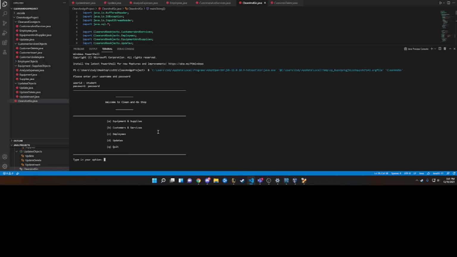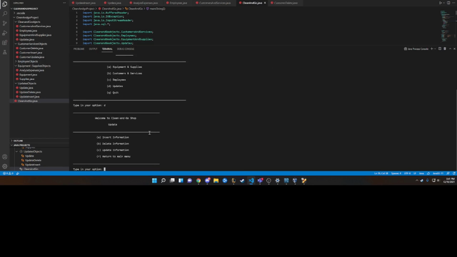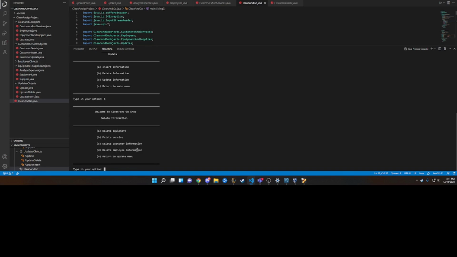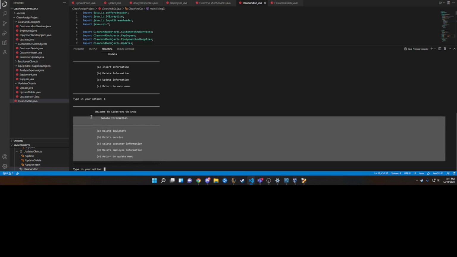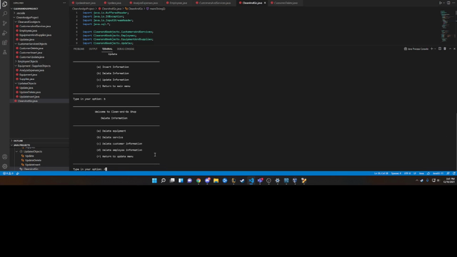So let's say we are doing scenario 1, which is updates. We'll input D, and it will bring us to the update menu, and it'll ask us what we want to do. Now that scenario only says to implement insert information, part A, and its sub options. But what we did do here is I did create these menus. These could be updated later with proper methods. You can see here in these objects